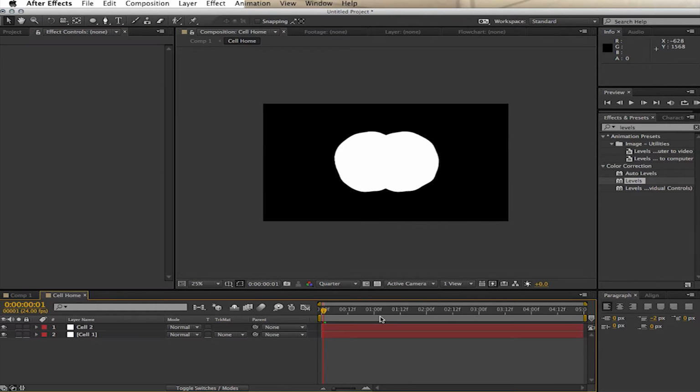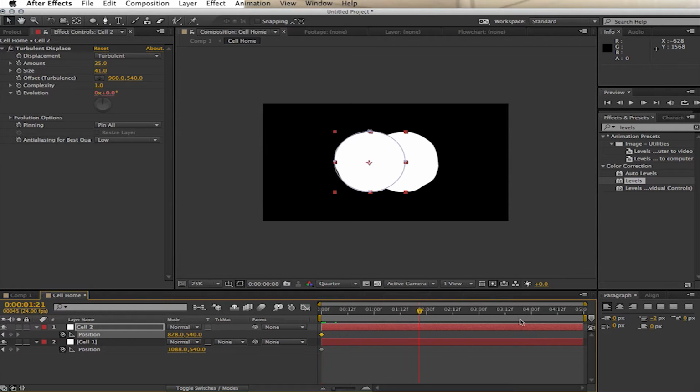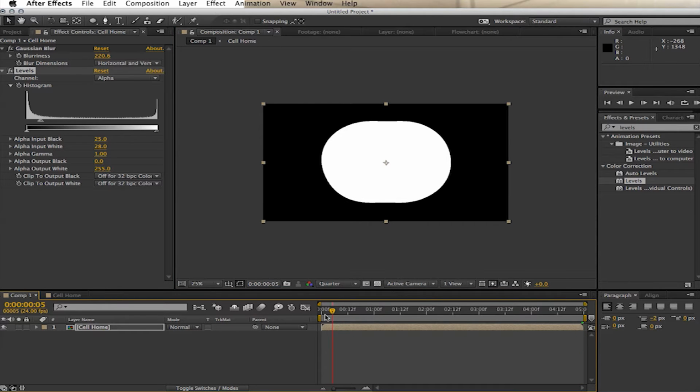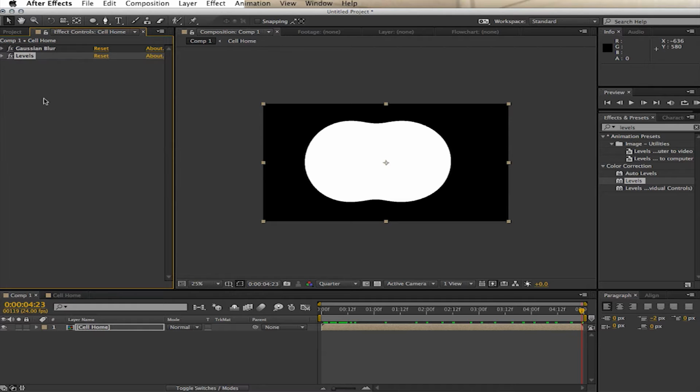So if we go in here, and I'm just going to go ahead and set some quick keyframes to show you. We set a keyframe there, and I move this over. Don't do this if you're following along in the tutorial. I'm only doing this to show you what it does. If we look at here, we can see that when we squish the levels effect, the cells kind of hold on to each other. There's kind of this stickiness between the cells, and that's just because of this Gaussian blur and levels effect,